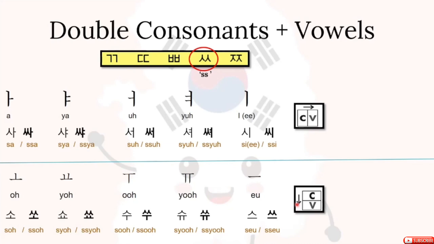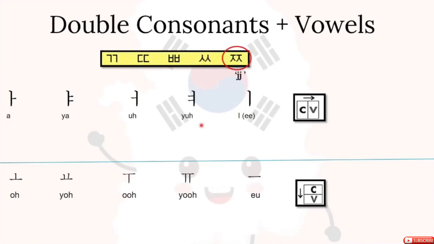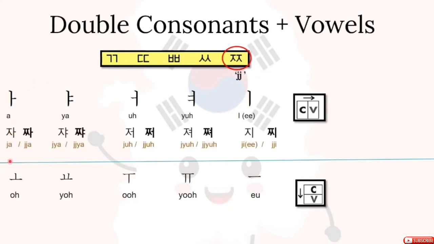Okay, and to our final double consonant, the double J, J pronunciation. Okay, so the first vowel, okay, 자, 자. Z and A together, so 자. Okay, and